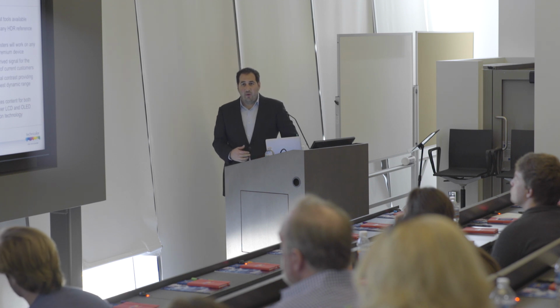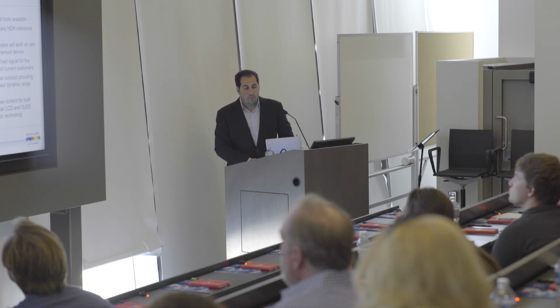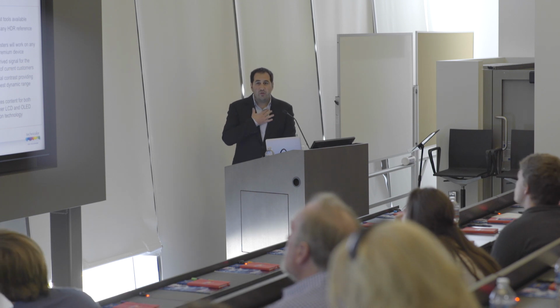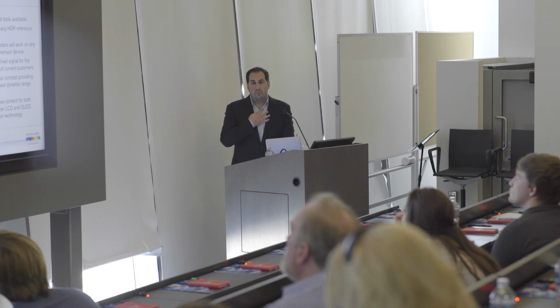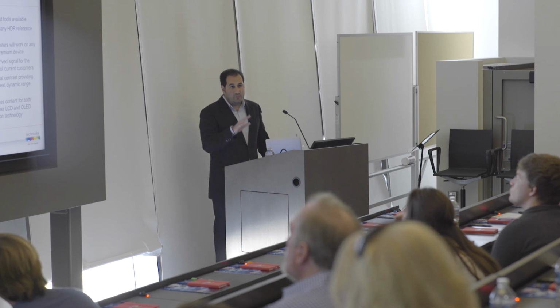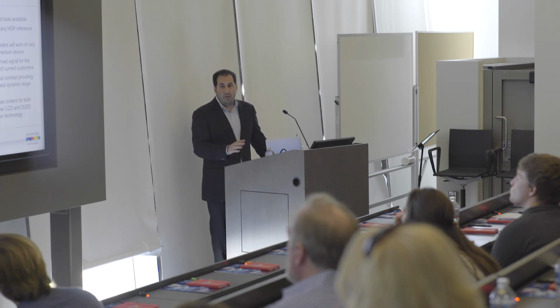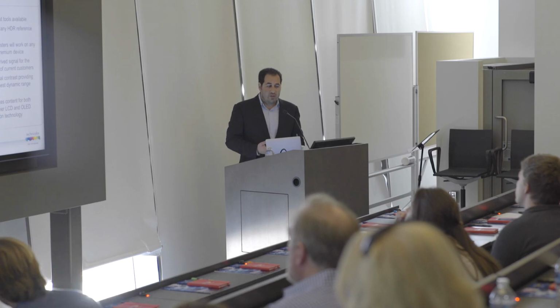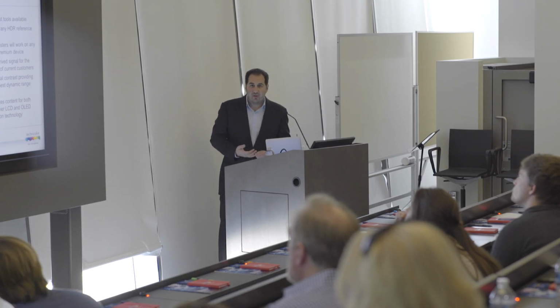Let's look at an example of what a UHD Alliance workflow might be and how you could distribute that. So if I just wanted to focus on just an HDR master, let's say I just want to create one master, I don't have the budget for both, I just want to do one. And I want to focus on the high dynamic range one, and that's it. How do I get that to a marketplace? Well, the first way, of course, is if I take that HDR file and distribute it through what the industry is now calling HDR10, I can get HDR to the home. The challenge there is, what do I do about my standard dynamic range customer?